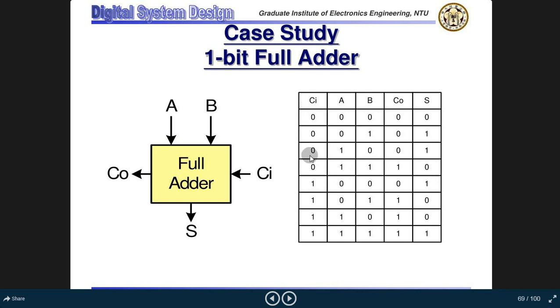As soon as we provide C as a carry 1, with 0 0, the carry 1 will be applied to the sum as an output of 1. Okay, this value will be provided here. Now when it is 0 and 1, 0 1, we get an output 1. So the summation will be 0. And for 1 bit carry in, for 1 1 we get carry in 1, the carry output is 0, and the output summation of this is 1. Okay, let's go to the next slide.